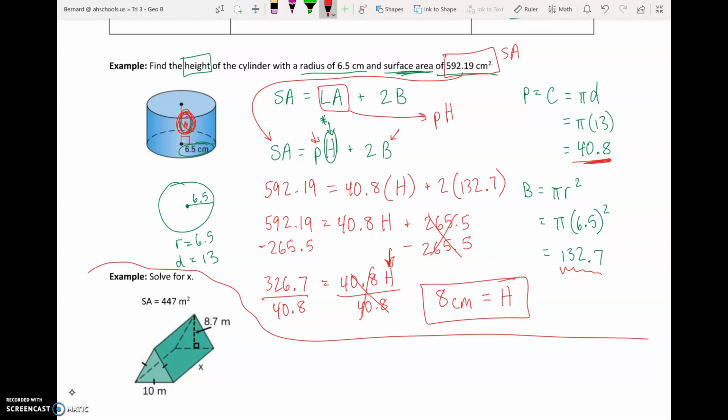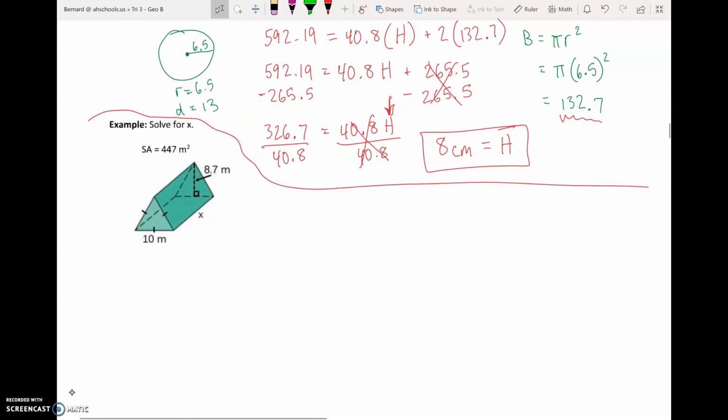All right, got about 6 more minutes to do this last problem. It's the same deal. This x is actually going to be our h for the height of the prism. We know that because this is the rectangular wall that is connecting our 2 triangle bases, right? This is a triangular